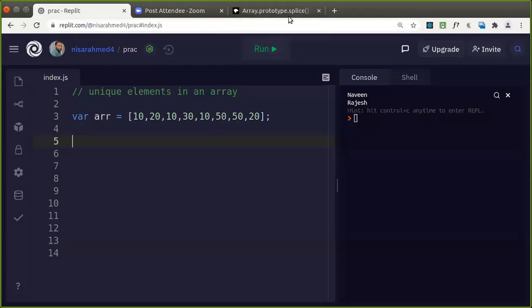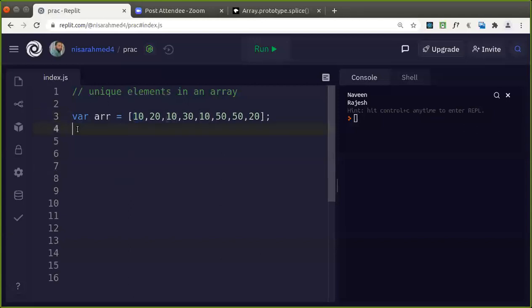How can we get the unique elements in an array? The core basic logic will follow here, without using any other concept like set. Nobody's trying, you can just type in the chat. So what is the logic that we are going to use? I'm going to take 10 and check whether it is there in the remaining part of the array, isn't it? If it is the first element, okay.